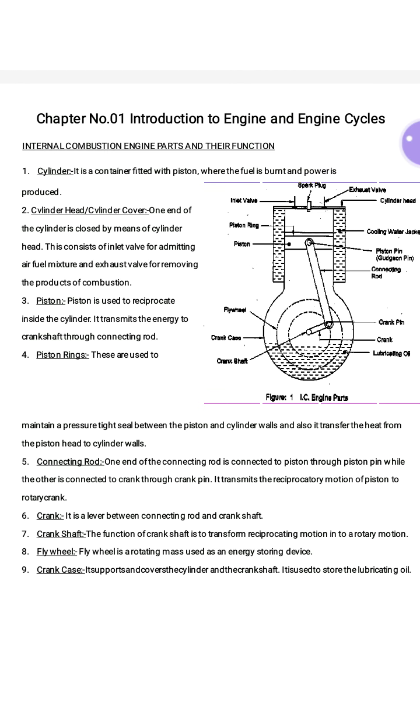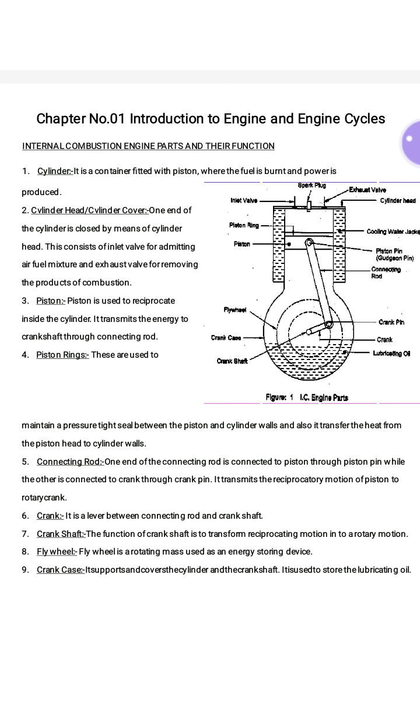Next engine component is the connecting rod. The connecting rod connects the piston and crank. One end of the connecting rod is connected to the piston through the gudgeon pin, while the other end is connected to the crank through the crank pin. The function of the connecting rod is only to transfer the force of the piston to the crank. It is generally made of cast iron.